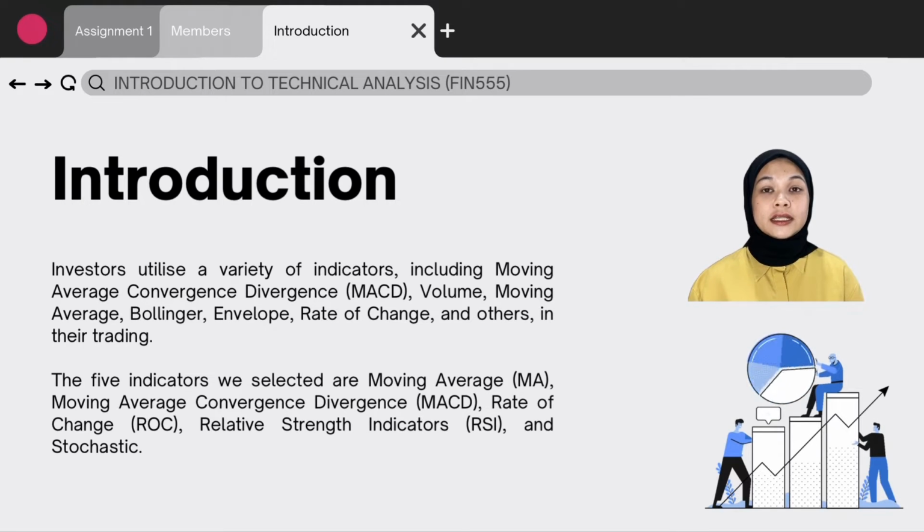The 5 indicators we selected are moving average (MA), moving average convergence divergence (MACD), rate of change (ROC), relative strength index (RSI), and stochastic. By using all these indicators, we make an analysis for the future outcomes for the stocks